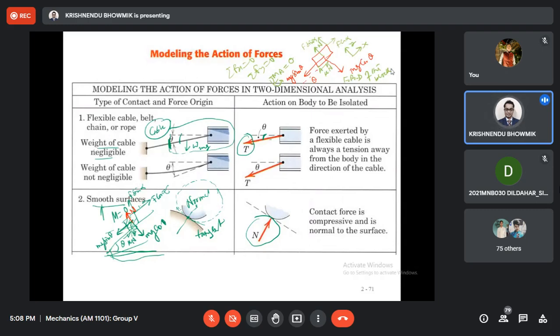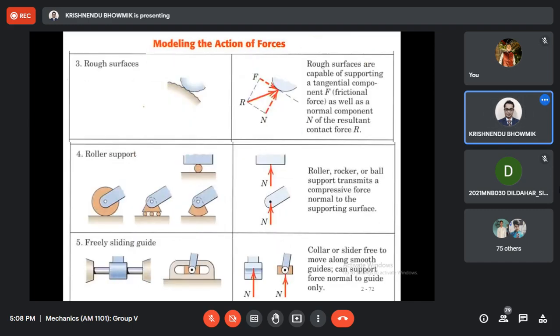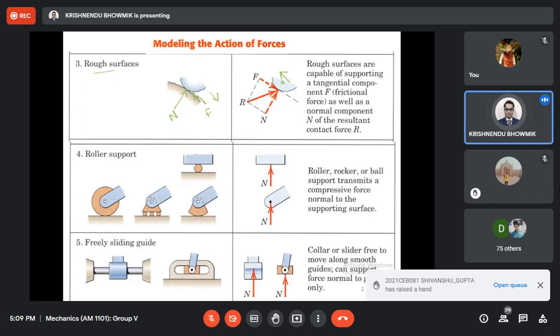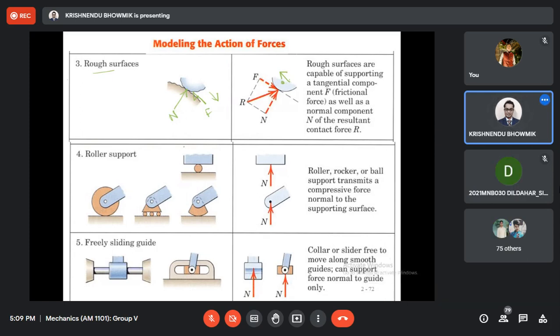Based on the problem, you have to find out the unknowns. Now, when it is rough surface, as I told, here it is rough surface. So one force will be like this. And what is the tendency of this? It has a tendency to fall like this, or it may be, we don't know. If it is trying to fall this way, then reaction force will be like this, frictional force. Say maybe this is the N and this is say F. Here it has been shown in this direction, meaning you are trying to move this body in the upward direction. Because if this is trying to move upward, then only frictional force will act in the downward direction.